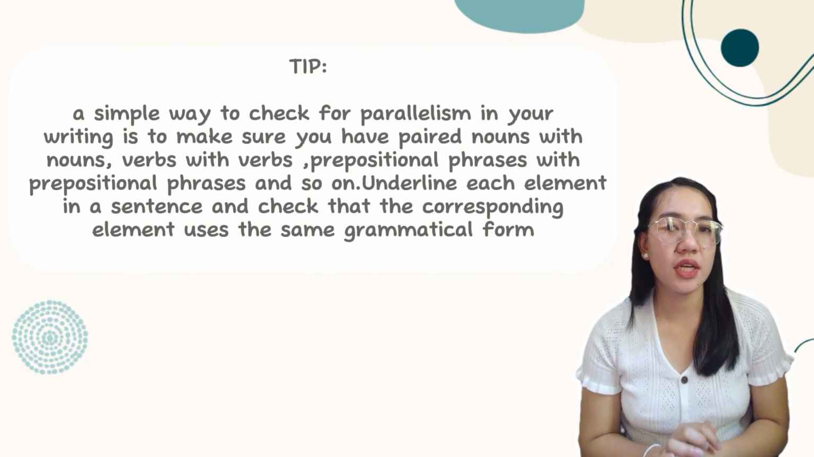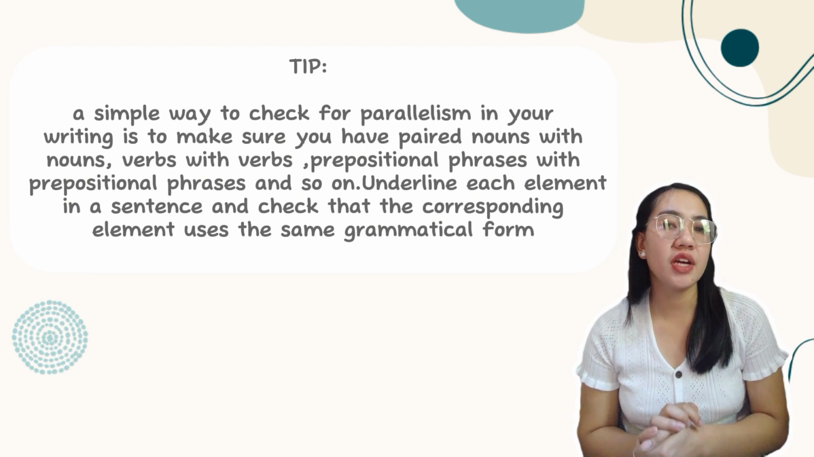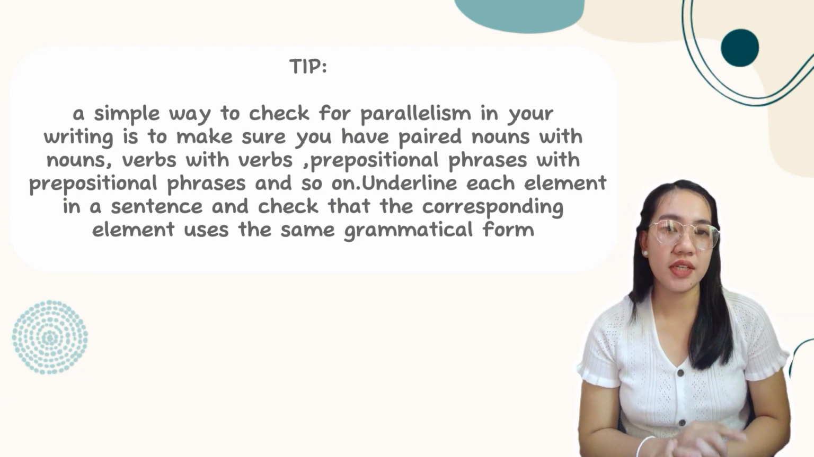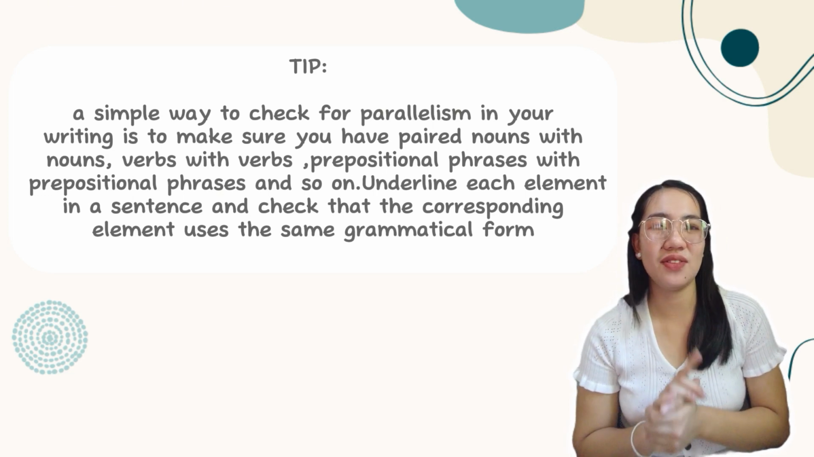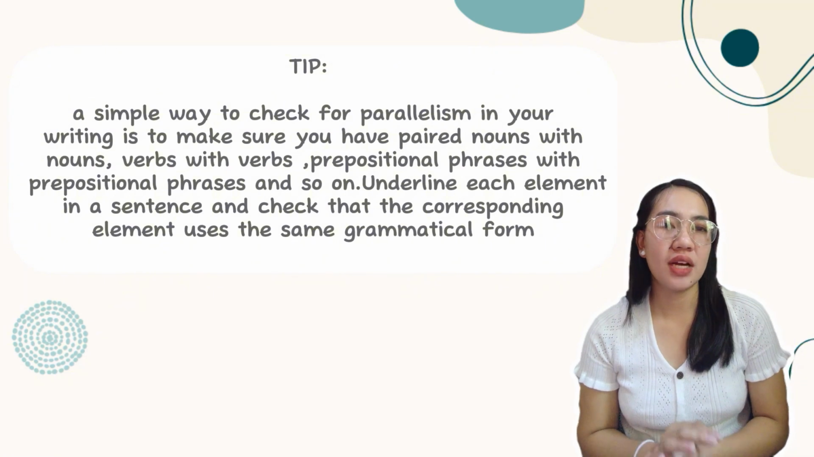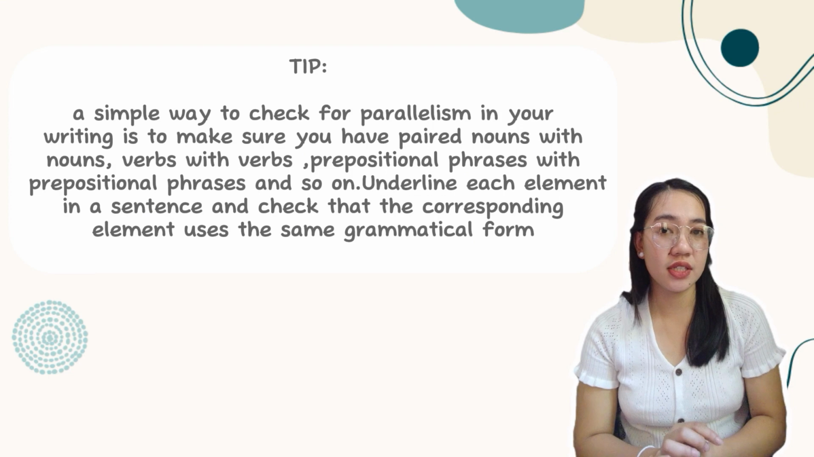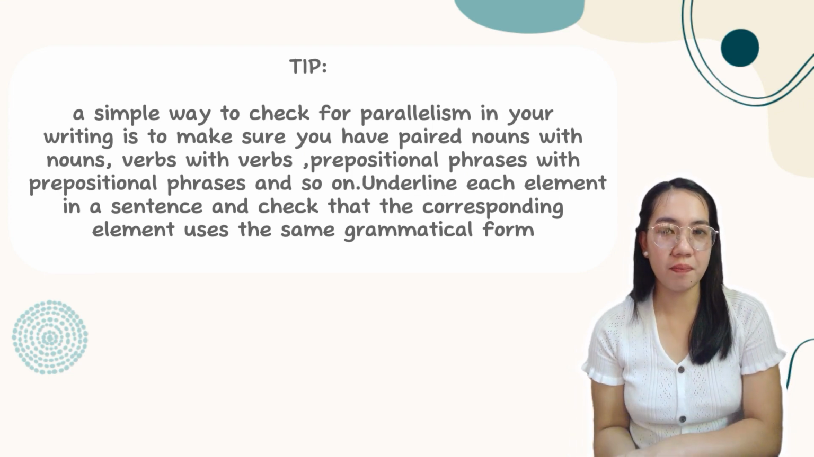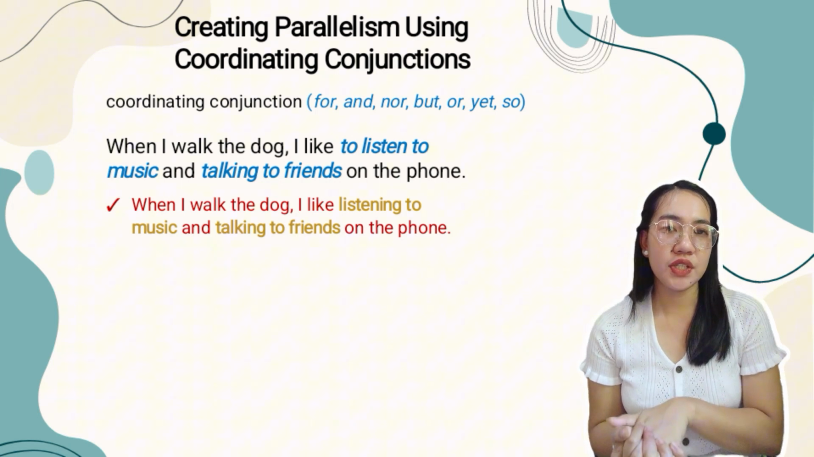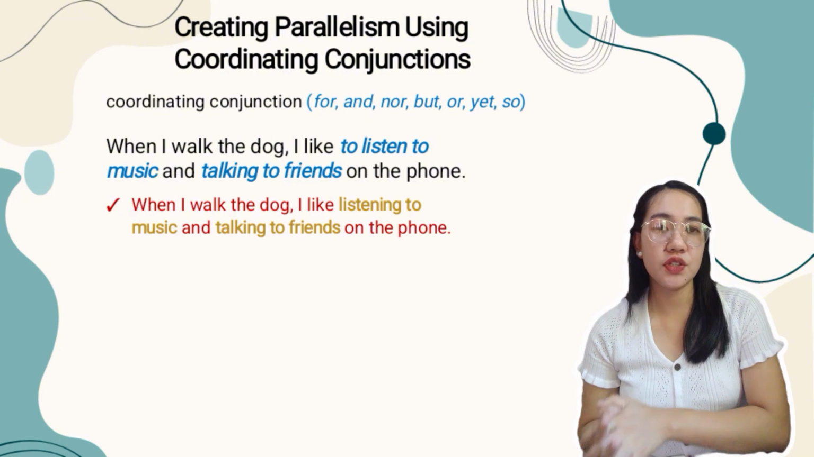A simple way to check for parallelism in your writing is to make sure you have paired nouns with nouns, verbs with verbs, prepositional phrases with prepositional phrases, and so on. Underline each element in a sentence and check that the corresponding elements use the same grammatical form. So in creating parallelism using coordinating conjunctions, when you connect two clauses using a